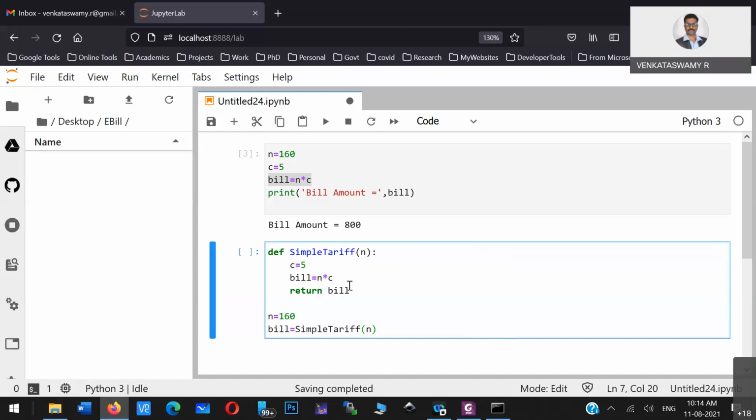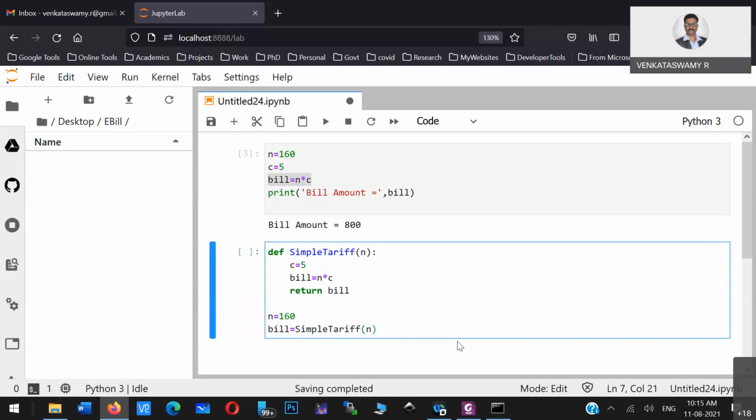Now this is the definition of the function. Here you are just calling that particular function. You're clear. So now you are passing that n parameter. What are the things you have to understand here? The input parameter is basically n, and the output return value is bill. It's just simple numerical values. Even you can deal with vectors, matrices. You can pass classes.